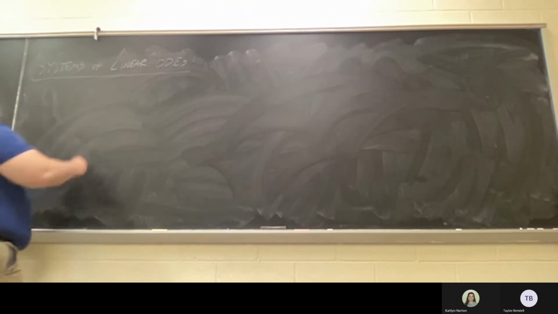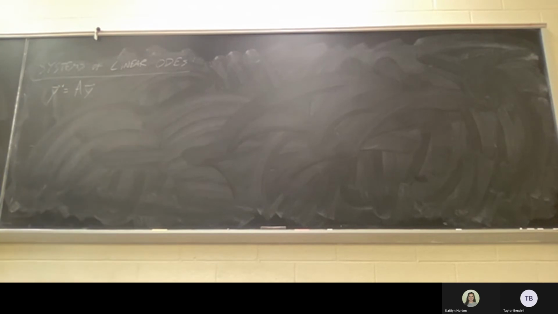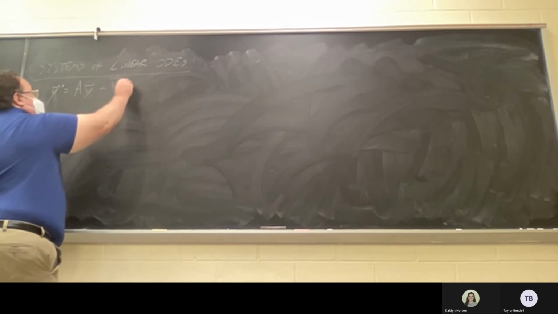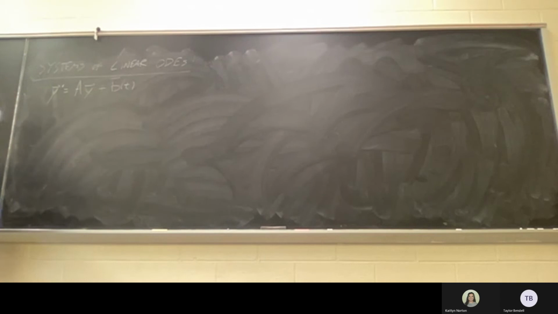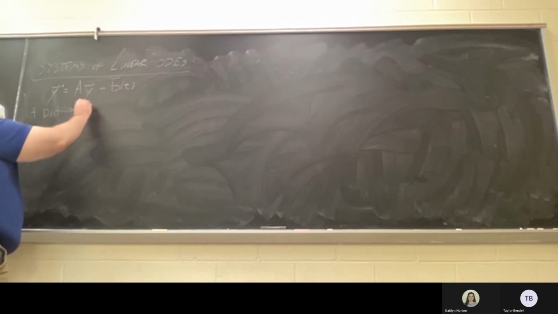So the first case that I've done, which I guess would have been closer to 2 weeks ago, is, either way we're concerned with y prime is equal to a matrix times y, y is a vector, so y prime is equal to Ay plus b of t. And in the case of A being diagonalizable,